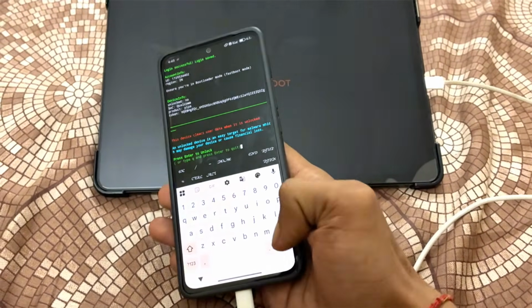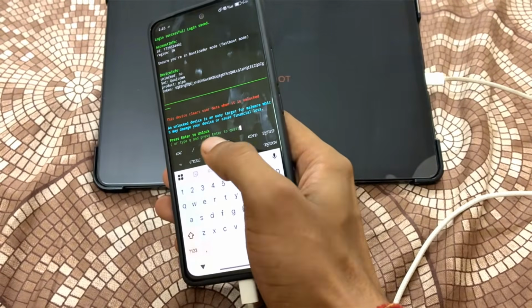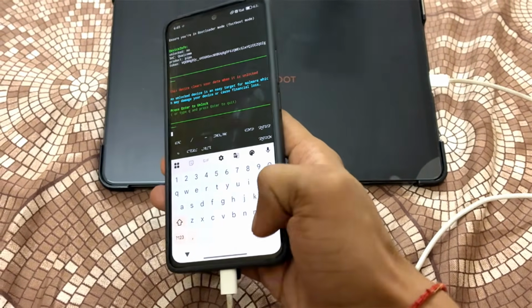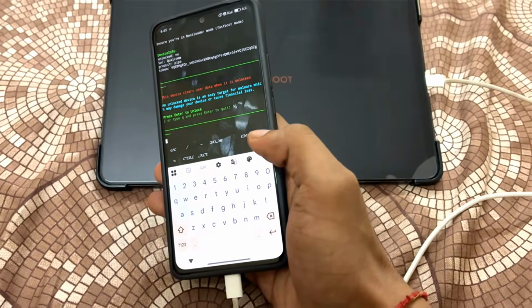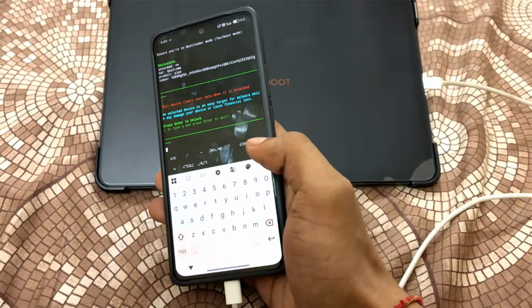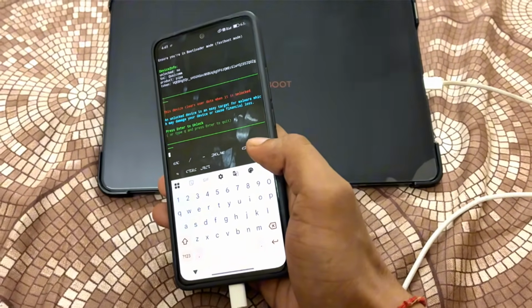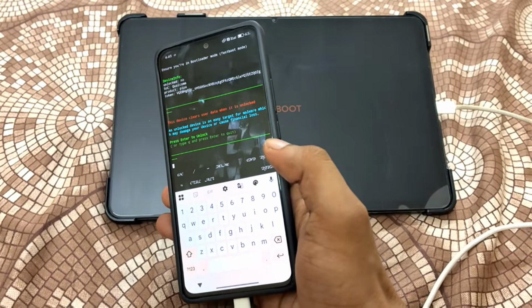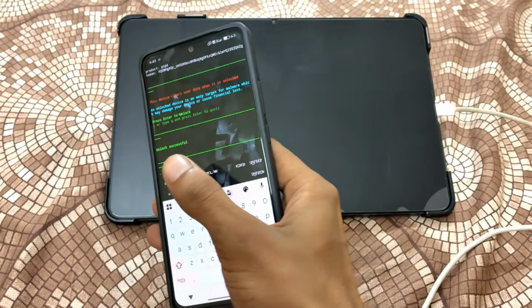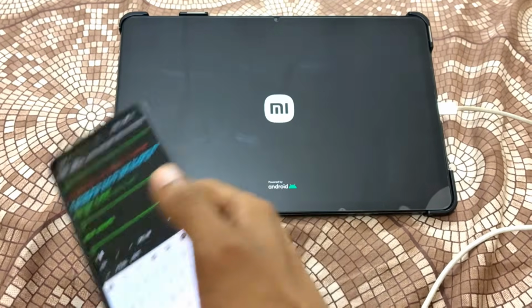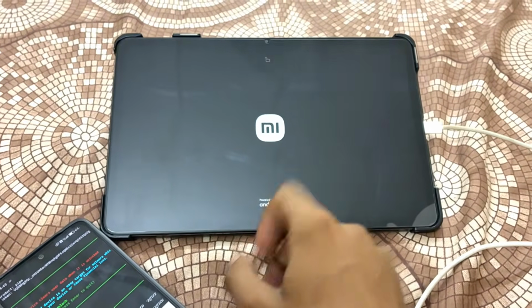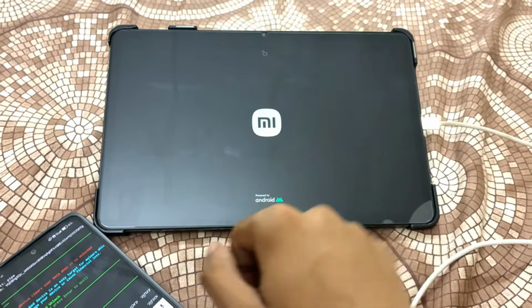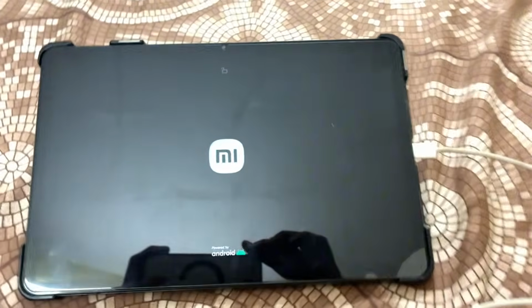Now in this video I am going to show you how we can unlock the bootloader of any Xiaomi phone without a PC. So if you want to unlock the bootloader with any Android phone, or if you do not have any PC, then how can we unlock the bootloader? You can notice here I have already unlocked the bootloader with the help of another Android phone. If you want to unlock the bootloader of your Xiaomi phone, then you require one other Android phone or one other